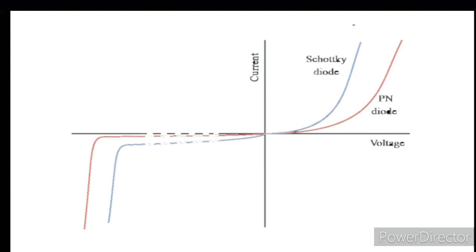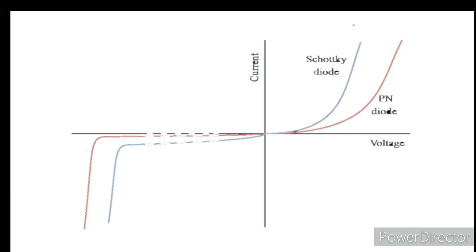Applications of the Schottky diode. Schottky diodes are used for voltage clamping applications and prevention of transistor saturation due to the high current density in the Schottky diode. It also has a low forward voltage drop, so it wastes less heat, making it an efficient choice for applications that are sensitive and require high efficiency.